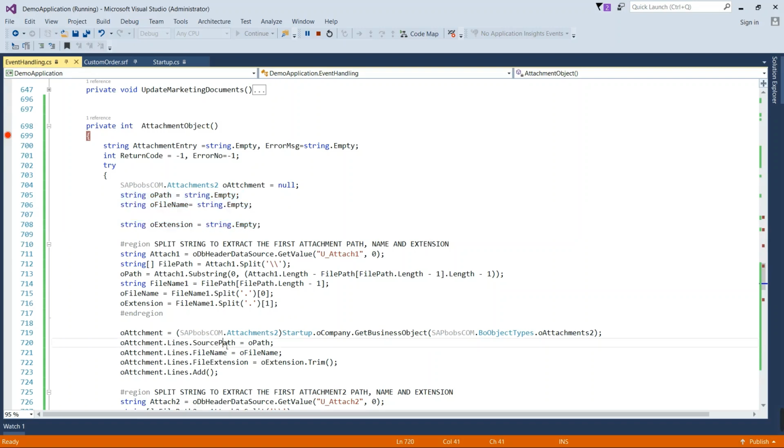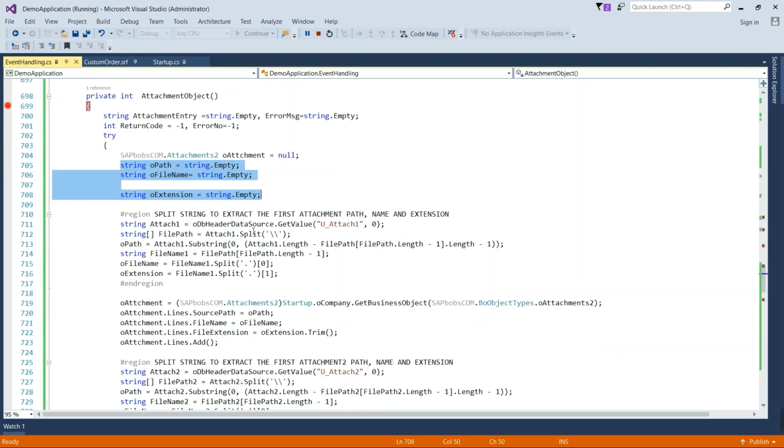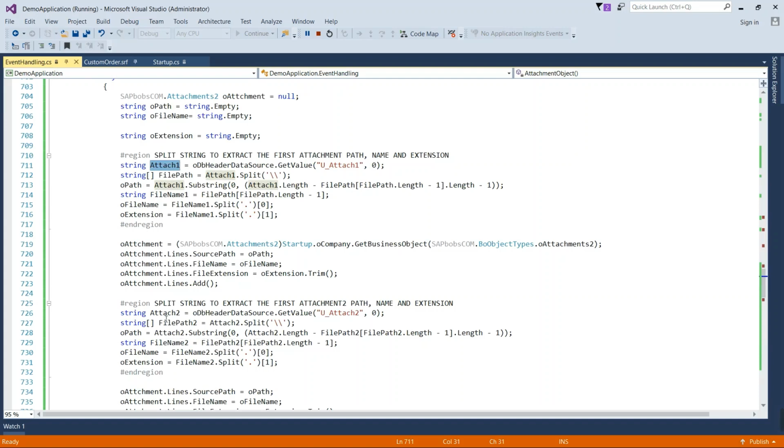The first one is the source path, the second one is the file name, and the third one is the file extension. So for that we have created these three variables, and as I have shown you in the UI, there were two fields, attachment 1 and attachment 2.